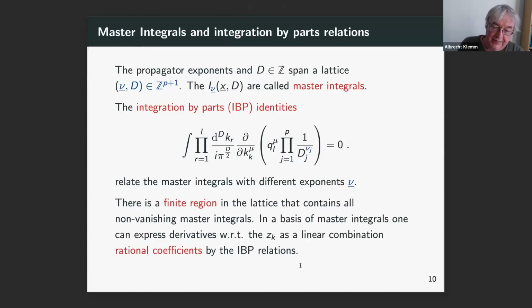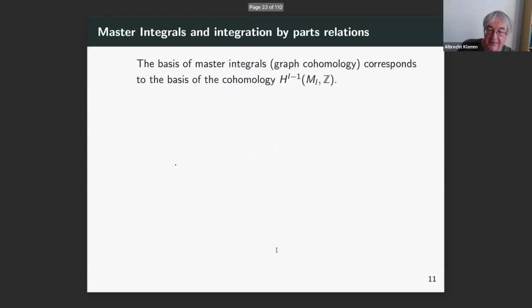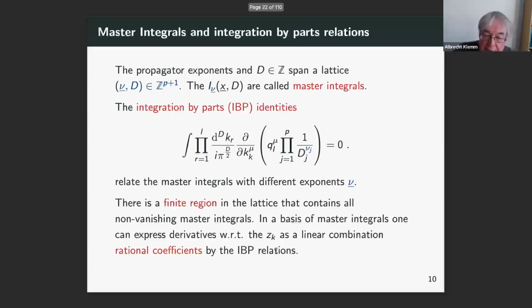And now comes, so to say, the very important and general theorem. There is a finite region in this lattice that I defined over here that contains all the non-vanishing master integrals, so that this relation closes among them, and that these relations at the end determine all these master integrals. So that is a very important fact that is used, and